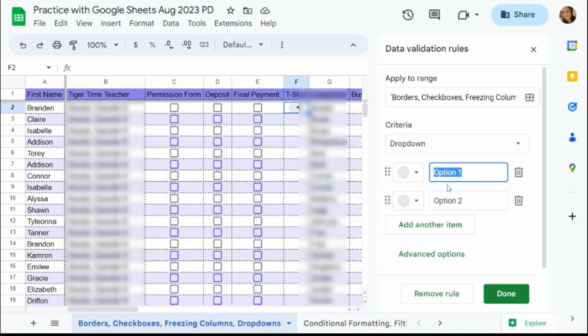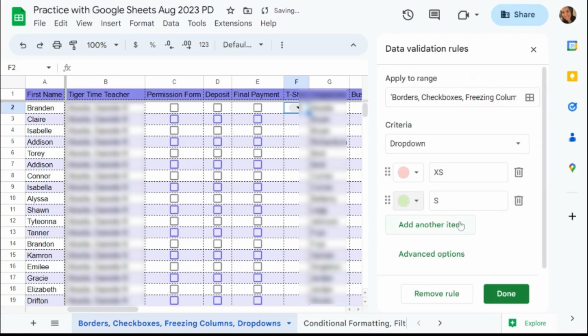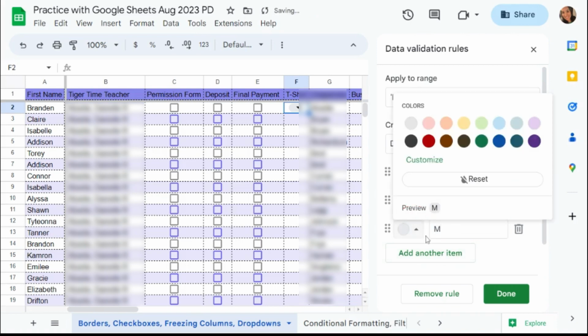So I come in here where it says option 1, and I'm going to put extra small, and I might want extra small to be pink. Then I might change option 2 to small, and maybe I want small to be green. Now I've got several sizes, so I can use add another item to be able to add another option to